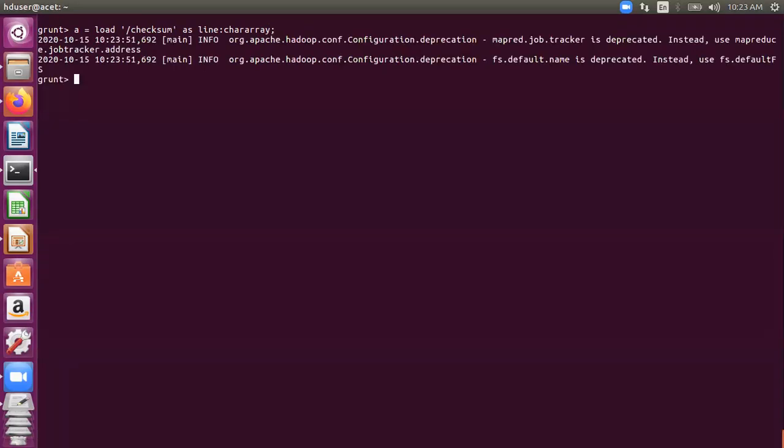And then in the second step, I will use foreach A, I'll do the same thing. I'll flatten and tokenize. Obviously first tokenize and then flatten it as word. Okay, so till this point it's clear.